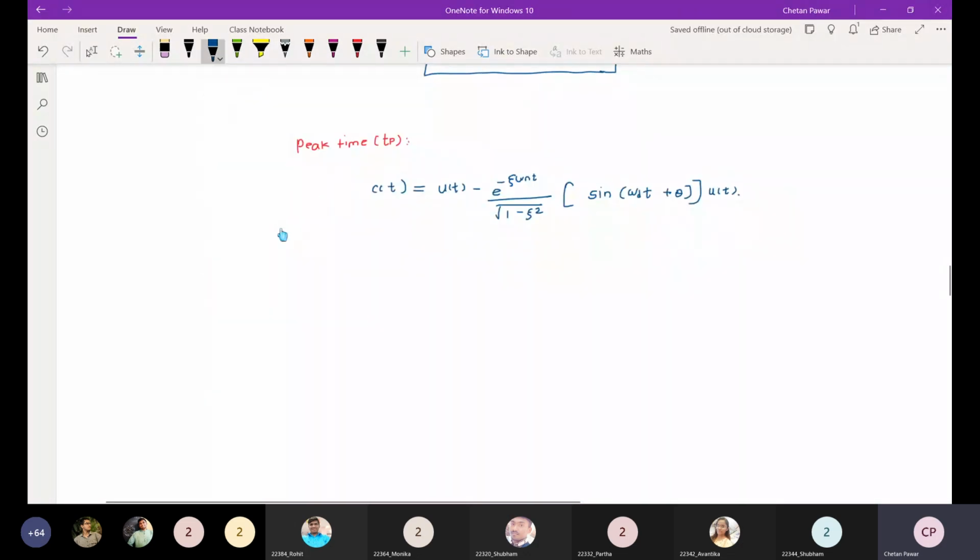Okay. You can calculate a maximum here, no? By taking a differentiation of this particular thing and equating with 0. So you will get a maxima also and minima also, right? Okay. So if you take a differentiation of that and equate it with 0, what will be the differentiation of this? So differentiation of u up to will be 0 only, no?